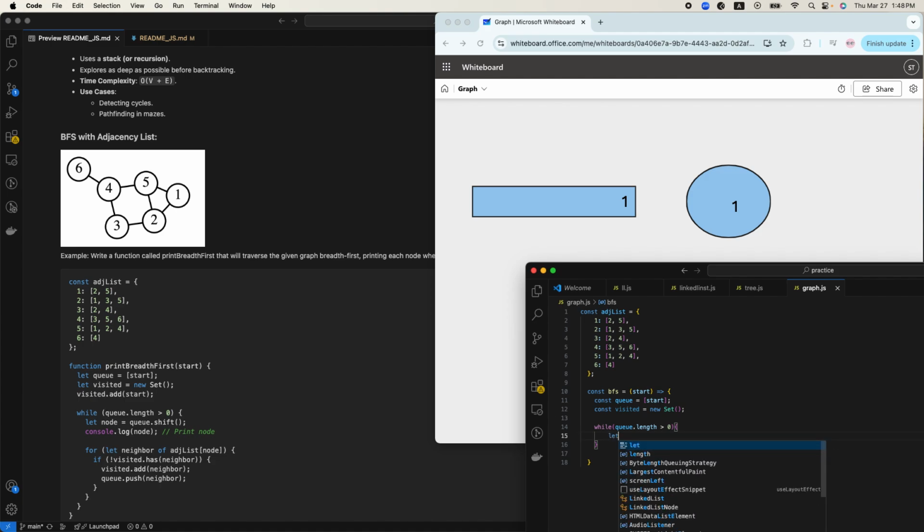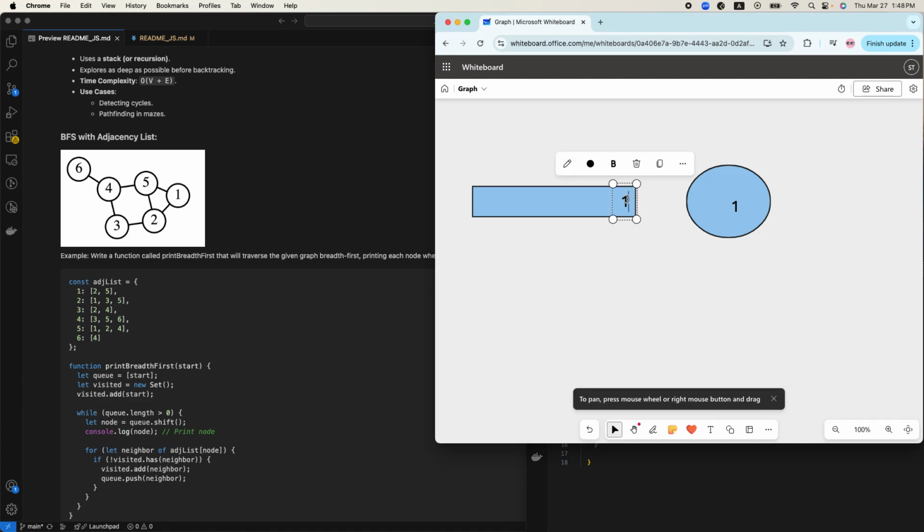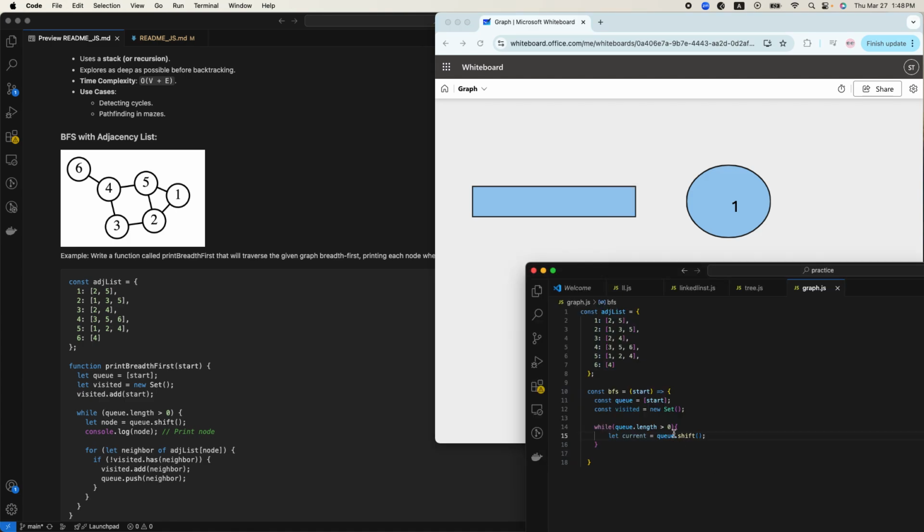So we can say let current equals queue.shift. When we call queue.shift, we remove number 1 from the queue, we extract that. Now that we extracted number 1, we do our process, and as soon as we process number 1, then